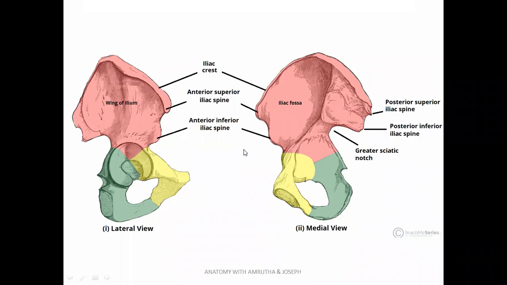Okay, I know it's difficult practically, that we will see when you come back here, but before that you should have knowledge on this. And this is the iliac fossa, which is seen on the medial aspect, right? This is the area where the hip bone is articulating with the sacrum, and the obturator foramen can be seen here. This is the pubic symphysis, where the two hip bones articulate anteriorly. And this is the acetabulum, where the head of the femur articulates. And this is the ischial tuberosity, on which you're sitting now.